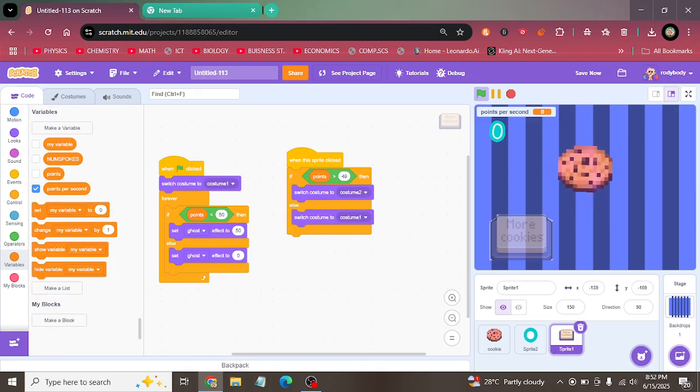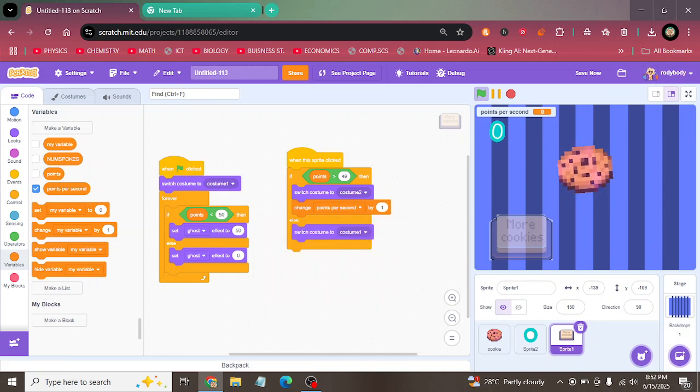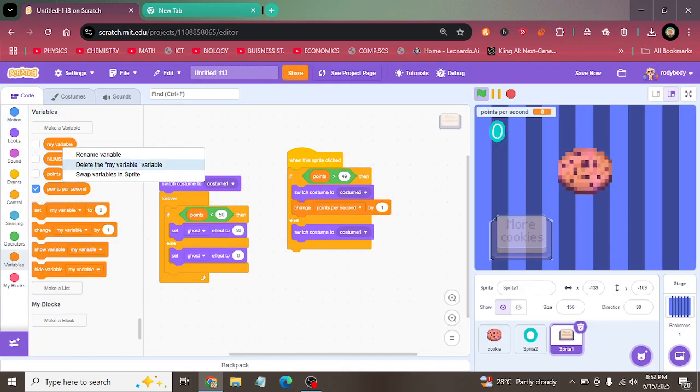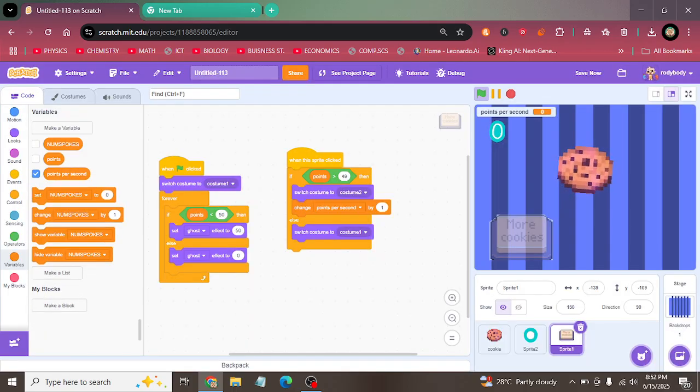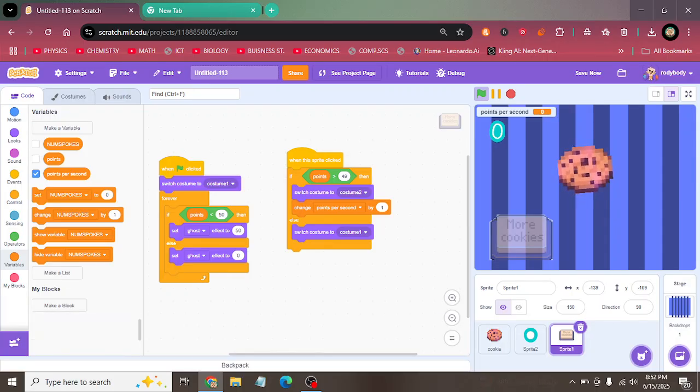and then going to add a change my variable by 1. I thought I deleted my variable before. Change points per second by 1, and then I'm going to delete my variable yet again. So after that, we are basically finished,